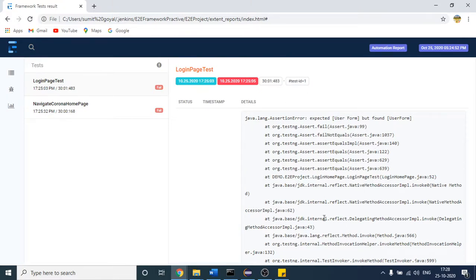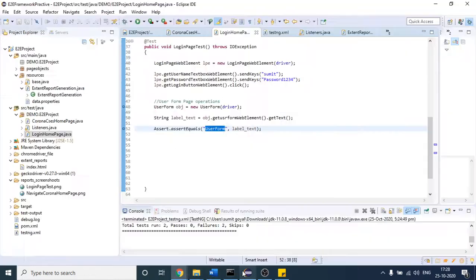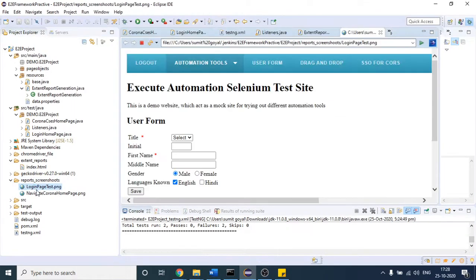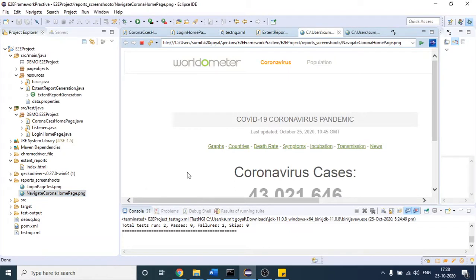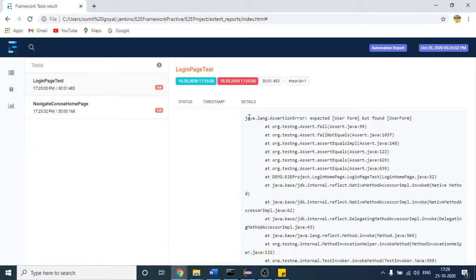So anyway, our report is working correctly, but until here we are not able to see our screenshot here, right? If I again open my project, the screenshots are present here, which is correct, there is not an issue. But suppose this is the screenshot of this particular page. We want that in our report, whatever screenshot it is, it will be attached to that particular test case.